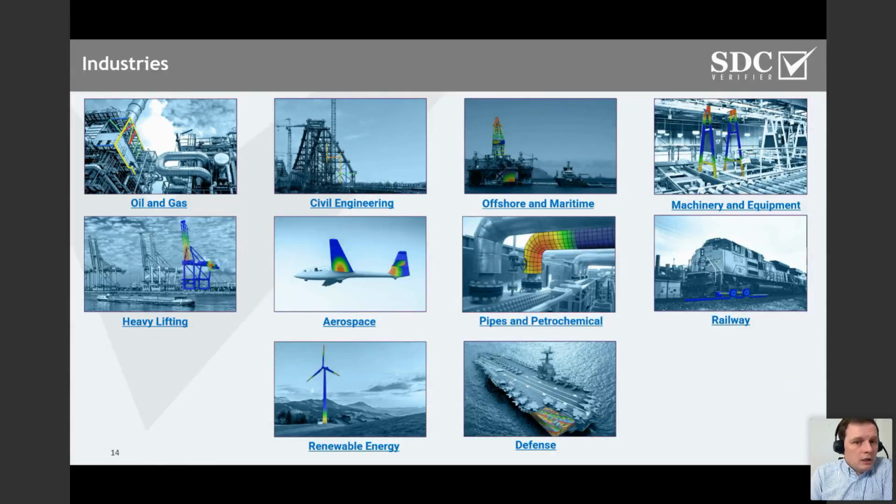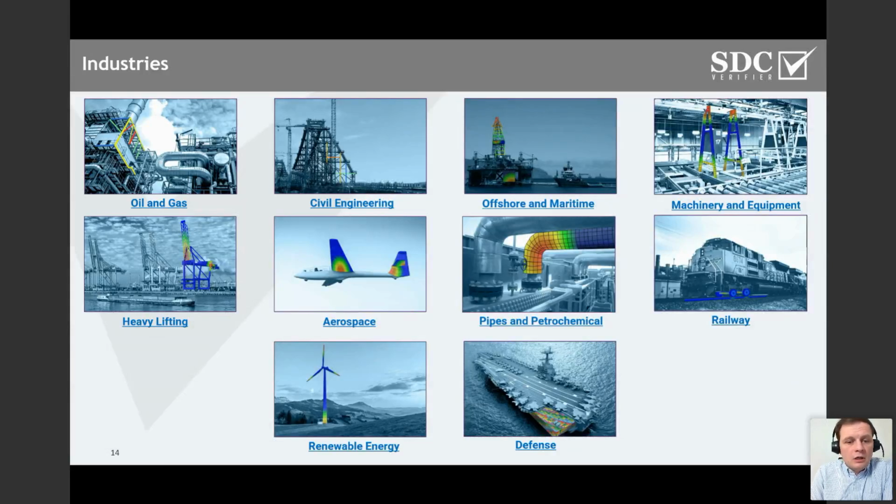The biggest industries for us would be oil and gas, civil engineering, offshore and maritime, all kinds of machinery, equipment, and devices, lifting, heavy lifting, port equipment, and any kind of access devices, lift platforms, etc. Aerospace, piping and petrochemical, pressure vessels,